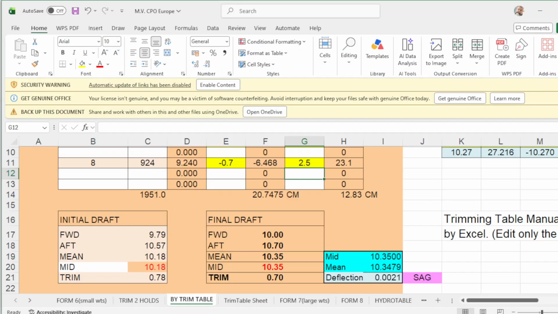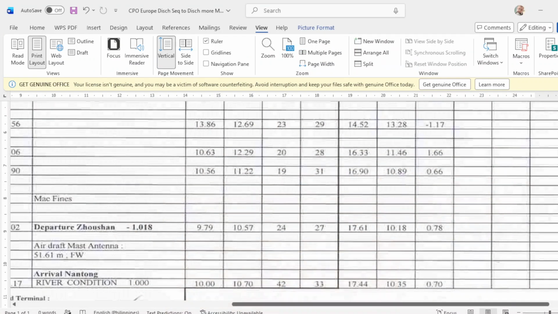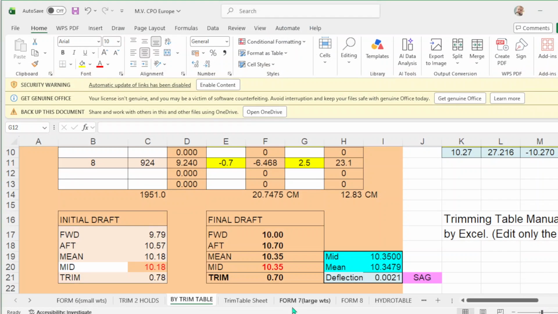Okay? So you have here 10 meters, up is 10.70, and your main drop is 10.35. Your main drop is 10.35. Your trim is 0.70. Okay? Now,